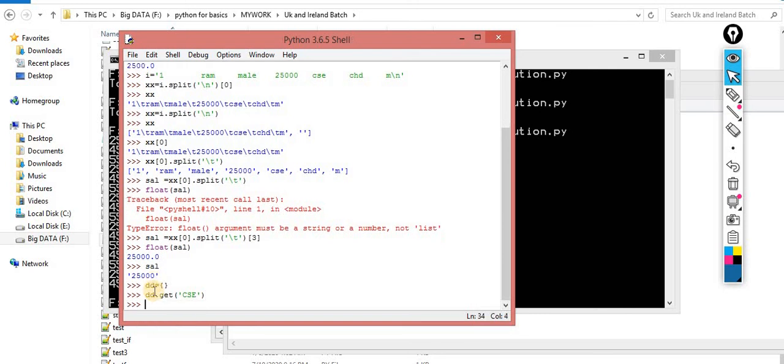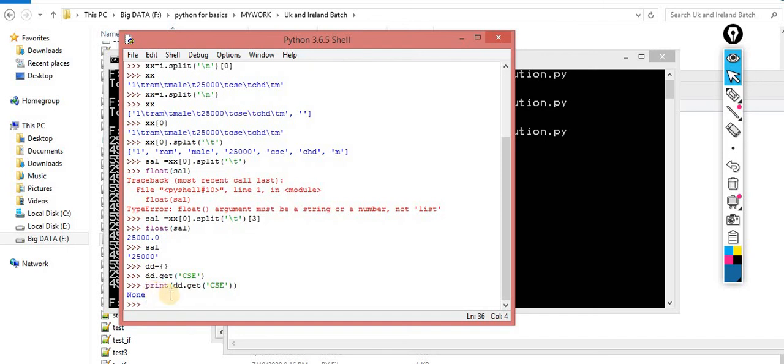I pass it, what do I return? Okay, what will it return? It will return me None. Why will it return me None? As we already discussed in the dictionary section, when the key is not available, get will return you None. You can check it out because this key is not available there.